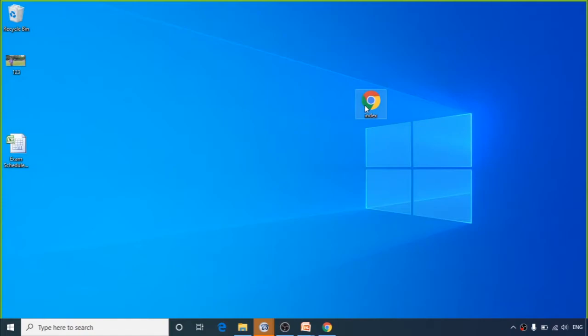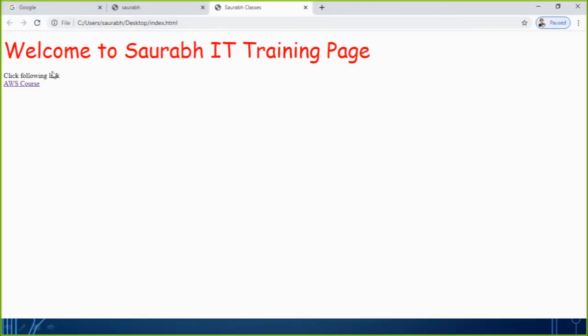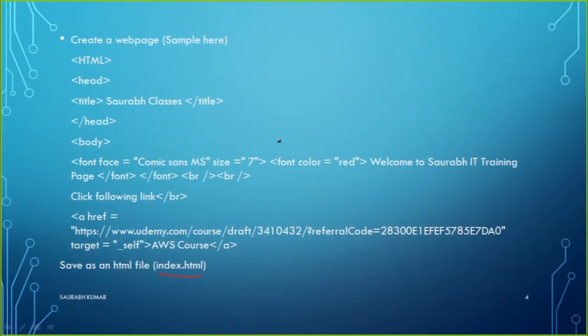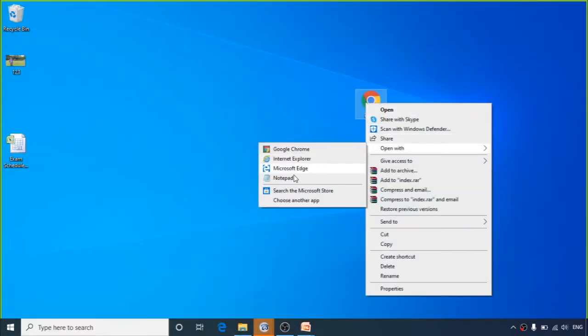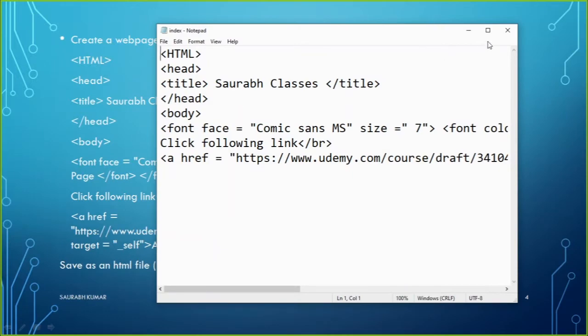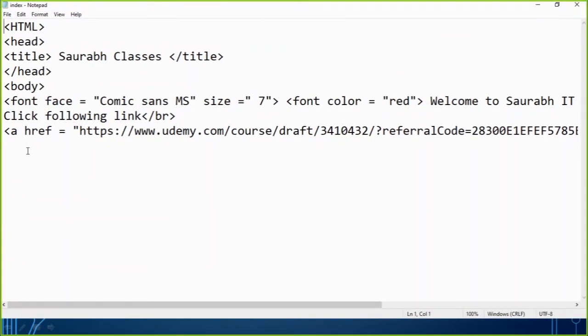Let me open it and show you how it looks. So this page contains welcome to Saurav IT training page. Some links I have just added, nothing else. So this is a simple command file. If I open it with Notepad, you will be able to see this file's detail, what I have typed here. If you want to add something, you can add also. For example, maybe I want to add some more information here. Let's say that